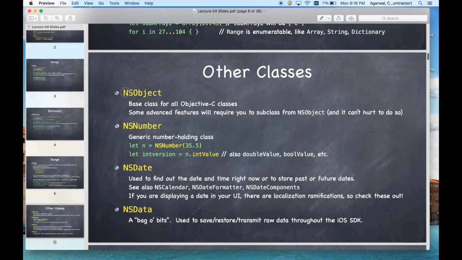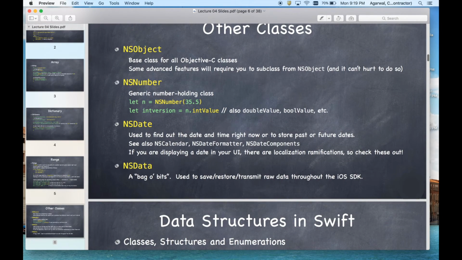So we have more classes. NSObject. NSObject is the basic class, the main base class of all the classes, which are inherited from it. NSNumber: in Swift we do not have int, double, and all these, we just have one class NSNumber, and from over here you can change it to int, double, or whatever you feel like. We have another class, NSDate, to handle all the dates. You have to change the format, so you have to use this class. We have NSData for the data transition, like binary to hex or whichever one you want.